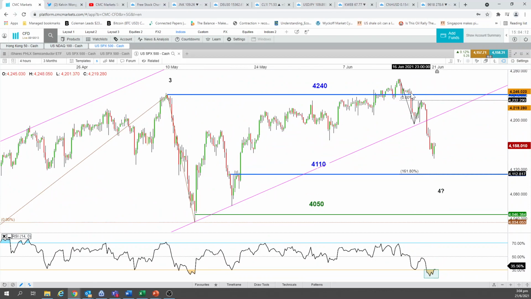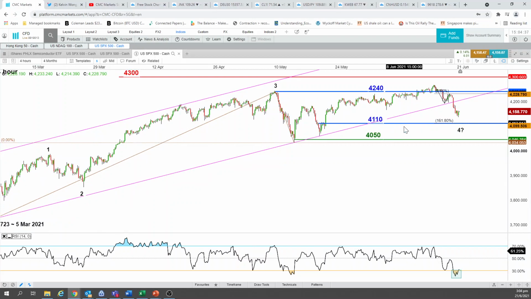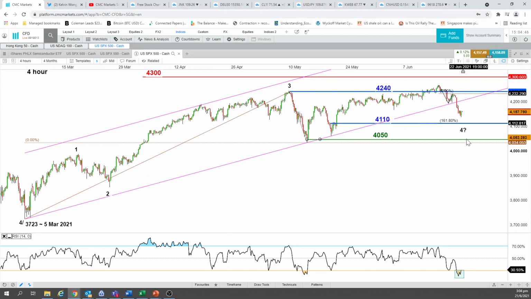It came down after it broke below this 4240 level, which was the day of the FOMC announcement. So it could be a psychological level as well, given the steep fall. This steep fall occurred right from the prior swing high of 10th of May that did not have a proper bullish breakout prior to the FOMC meeting. So 4240 will be my upper boundary, and 4110 will be my lower boundary. I will be more neutral between these two ranges, looking for a potentially more substantial bounce when it hits the 4050 level, which is the range bottom area.